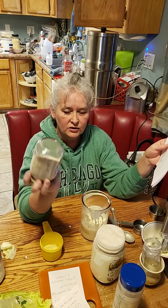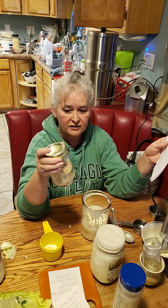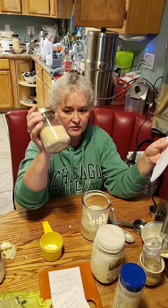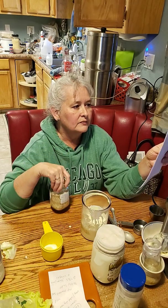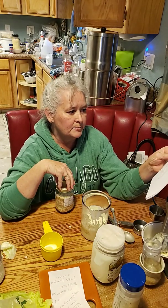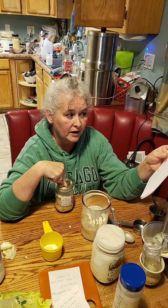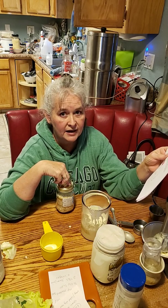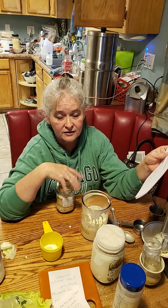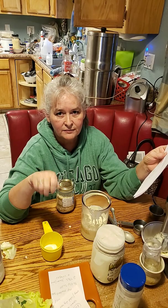So that's so you don't have to measure out all those ingredients every time. When you want to make dip or salad dressing, you just grab a tablespoon of this from your jar. So for dip, it says mix 1 tablespoon of dry mix into 1 cup of sour cream, plain or Greek yogurt, or mayonnaise, or any combination of that. So that's going to be thicker, to dip. You could dip vegetables in that,